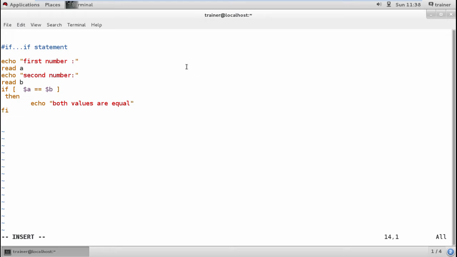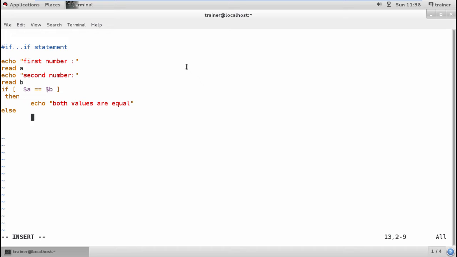If suppose this is not a true condition, what I can do is insert here, I'll just change this fi, and I'll add else. If it is not true, then we should get a message,